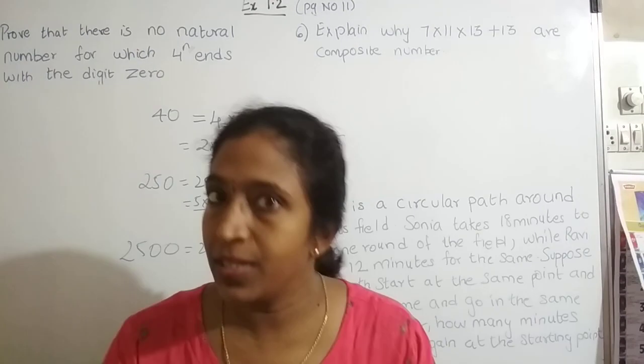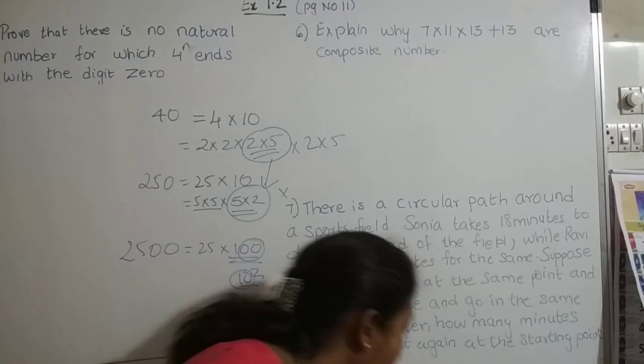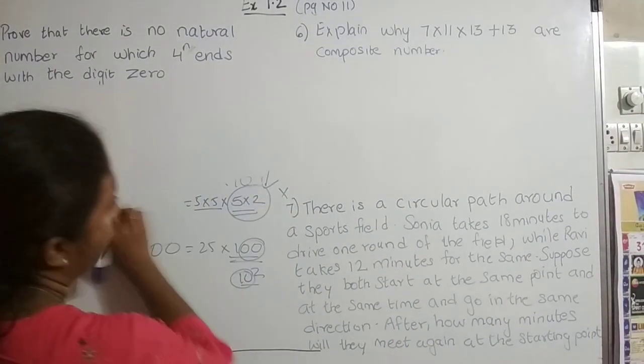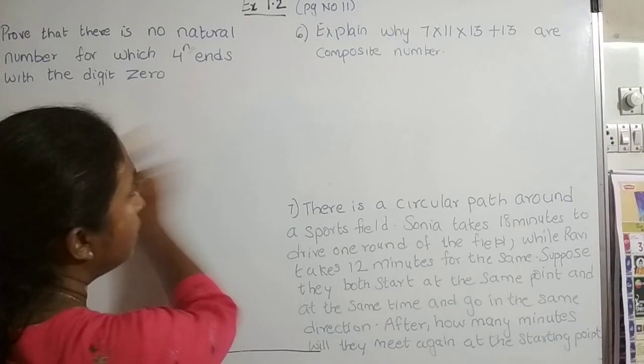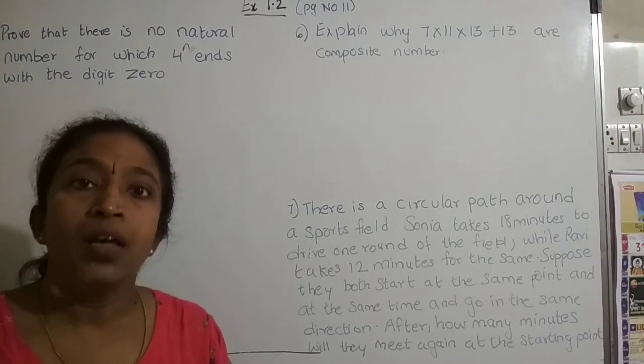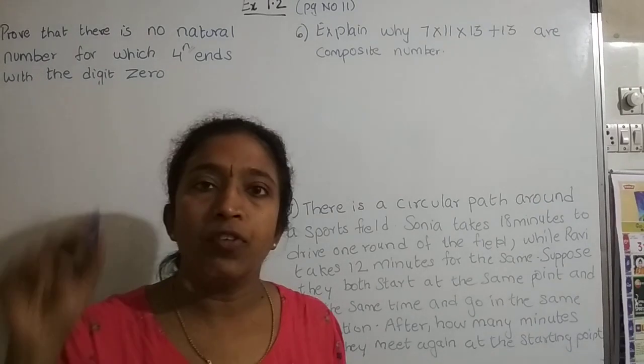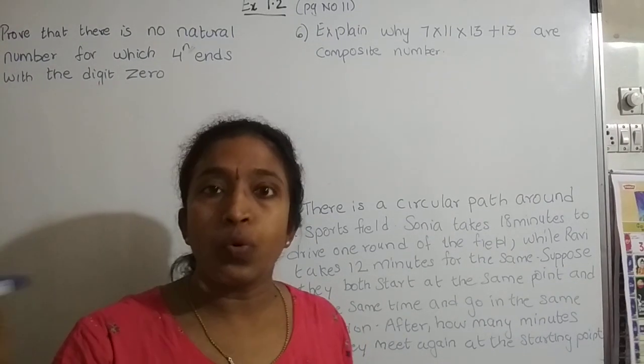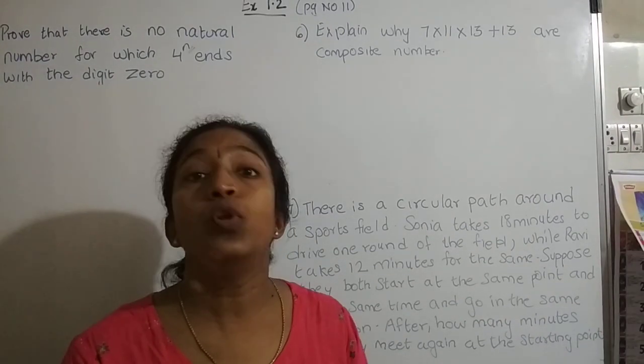I hope that condition is understood. So now let's check and write. If this comes for 2 to 3 marks, it can come for either 2 or 3 marks, that's it. How are you going to write the step? You cannot say no, it doesn't end with 0, or write that 4 raised to 1, I showed you, 4 squared is 16, so it will not end with 0. No, you will not get any marks.